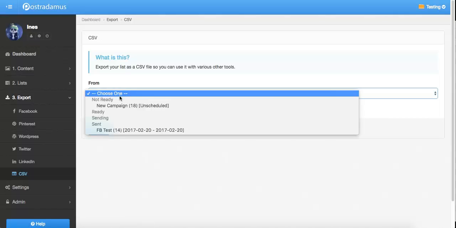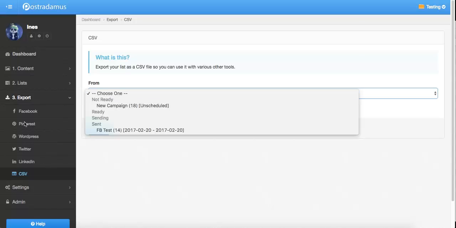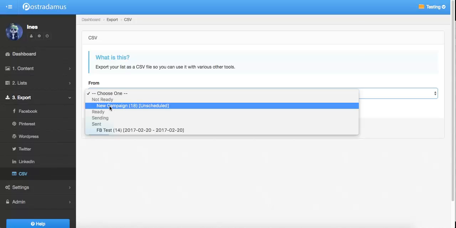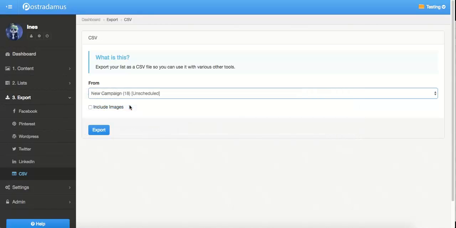A CSV file can basically be opened with any text editor, but it's best if you open it with, for example, Excel. So any spreadsheet software like OpenOffice Calc or Excel or even Google Sheets, it's going to do the trick. So you go to Export CSV, you select a list that you want to export. We're going to select my new campaign. And here you have the option to include images. If you click on this, all of the images from your post are going to get downloaded locally to your computer. I'm going to click this yes, just to show you what it looks like,